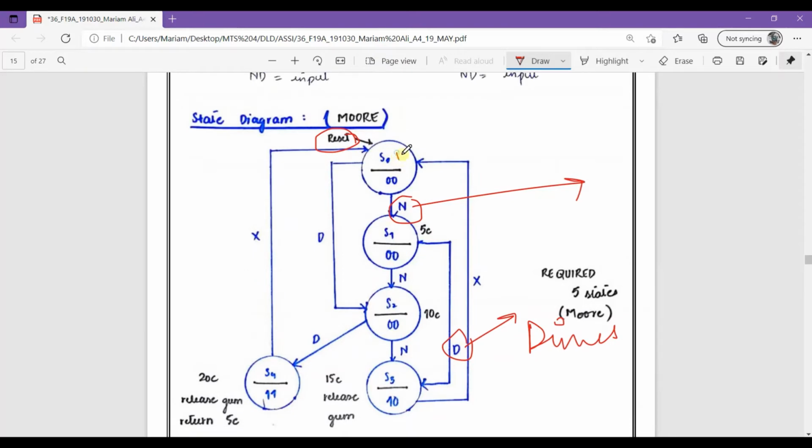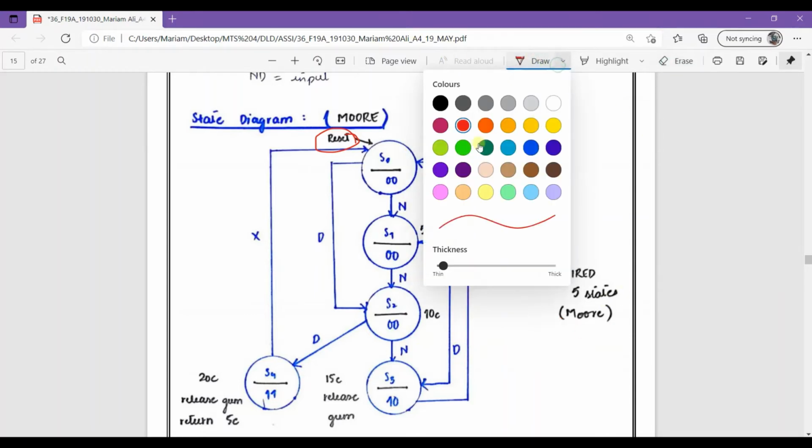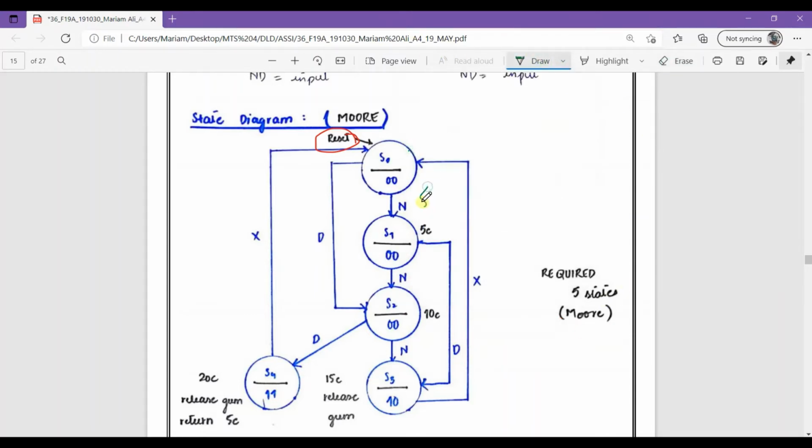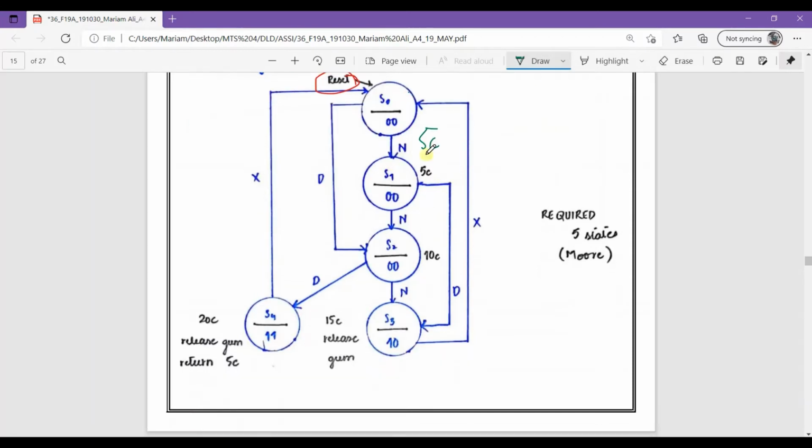Here the machine is empty, nothing is provided to it. Now a nickel coin is provided, a nickel being 5 cents. Then the machine output is 0 0.